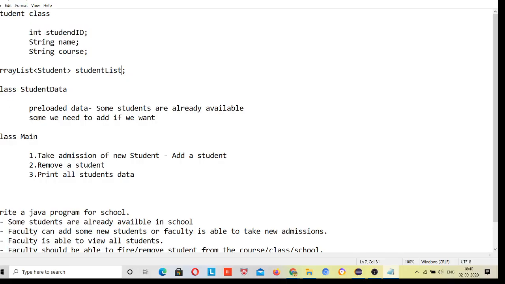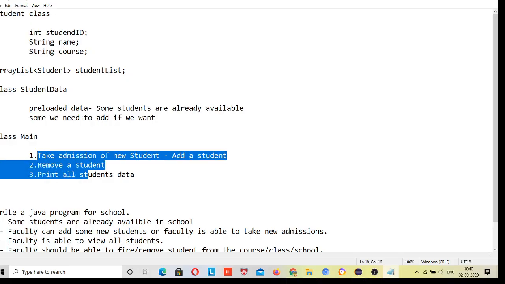Okay, so there will be another class, the student data class, which will have the data present inside it. Preloaded data means that before loading anything, this data will be loaded so that I can view my previous students who have already enrolled. And some we need to add, if we want to, then we can add.